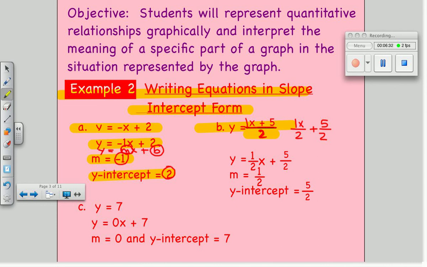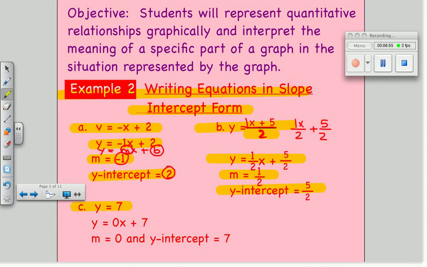So when we have that, 1x over 2 is the same as half of x. So y equals half of x plus 5 over 2. So the slope, the m, is half, and the y-intercept, the b, is 5 over 2. And c,